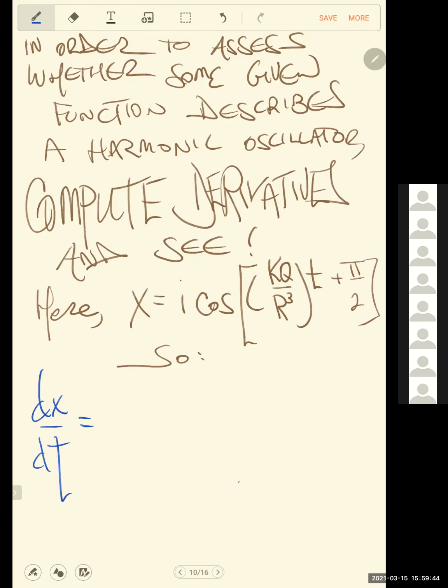Okay, so I'm going to take the first derivative. Same thing as before, chain rule, all that. But notice now the I here is not in the parentheses. The I here is not like a coefficient before the t. The I is a coefficient before the whole cosine expression. In other words, it's functioning like an amplitude, not an angular frequency. Just notice that. I don't have to, but just be aware.